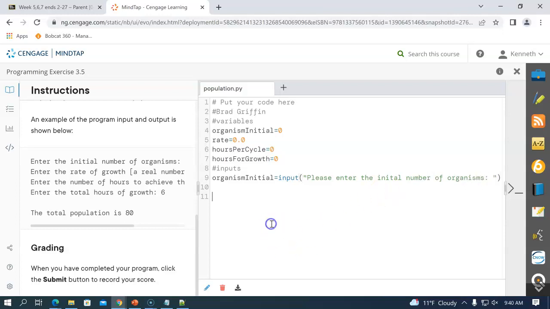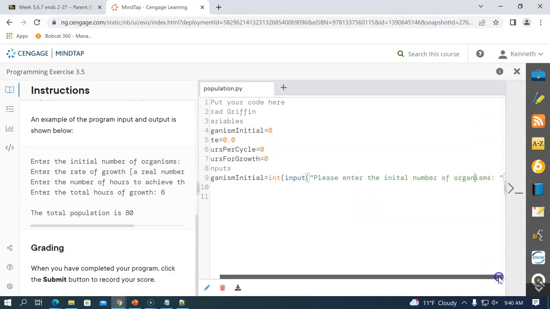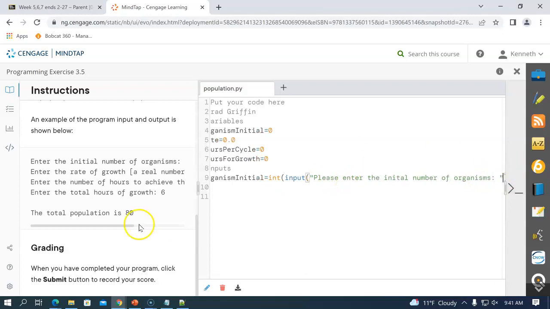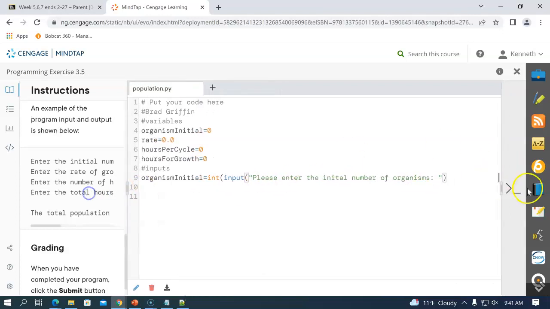Now, I need one more thing. Notice it says that we want that to be an integer. Well, right now it's a string. And so I have to do my int, and then I go to the end of the line and do the same thing. I need to make myself a little more room here. All right, so it's going to have 2 parentheses. So we convert that automatically to an integer. So our next one then